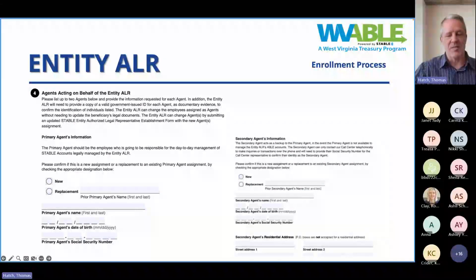Unfortunately, I can't tout it as something available yet, but as we are working on moving this process from paper to an online system, we are also looking at an additional step within that where the controlling officer can essentially name who those agents are, sort of under an indemnification or a form where they're stating that these are the authorized people within our company, and that we'll make that available as an option so that these agents don't have to give out personal information, but the controlling officer can verify for us that these are the individuals designated within that organization to do this.